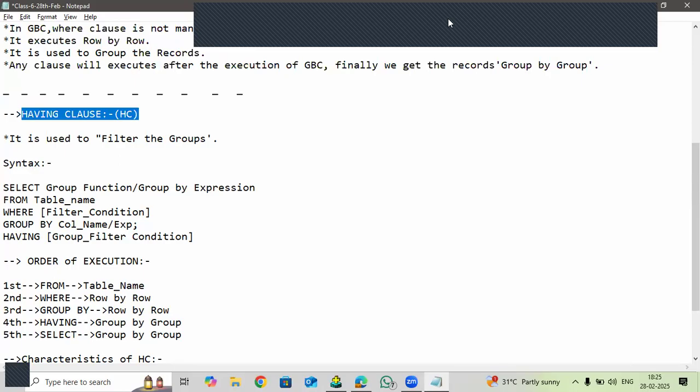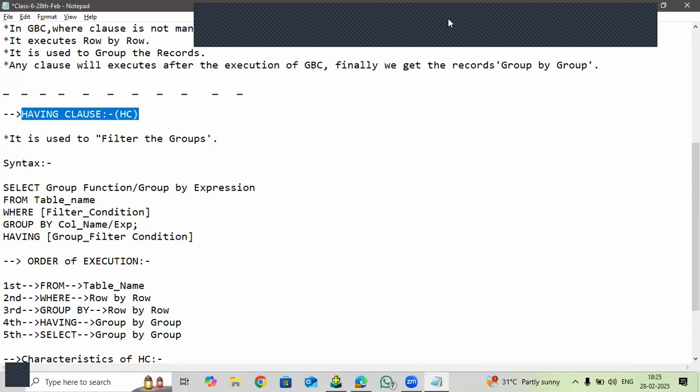I'll repeat the query again. Write a query to display number of employees who are working in each department number, and they have at least two employees in each department number. So I want the count of the employees where there should be at least two employees in each department. Even if there is any department having only one employee, skip that. I don't want it. So if I write a query for that,